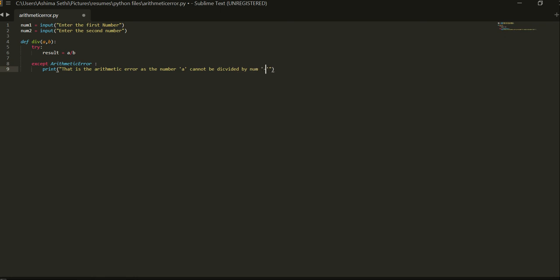The ZeroDivisionError will come only when the number b will be 0. So for that we will raise this exception.